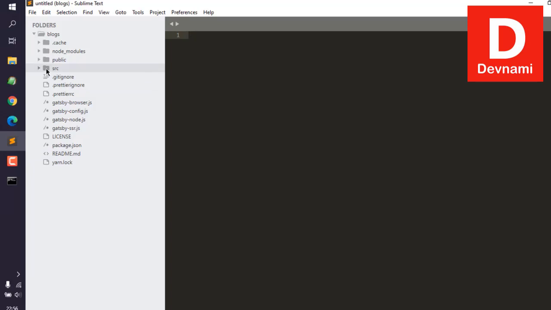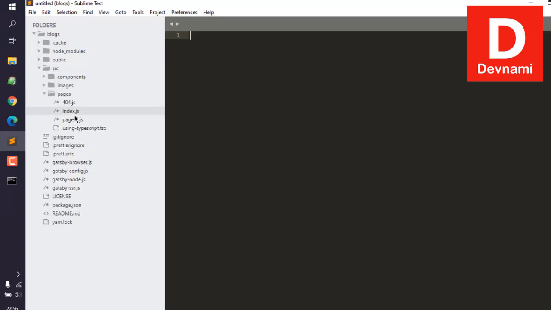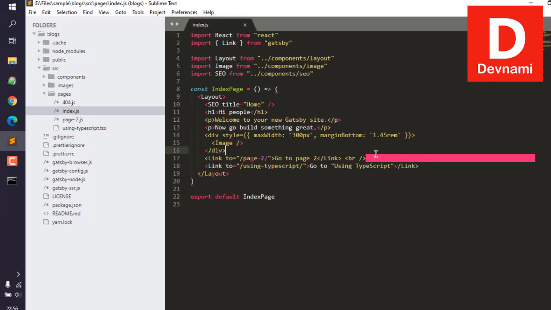Now in that directory, we go to the src folder and choose index.js. If you check here, you can see the default content of your website. So let's say I want to change the name, so I will simply make edits here. First thing, let's say I want to change the name to "Welcome to" and I'm going to type in "edit the content",